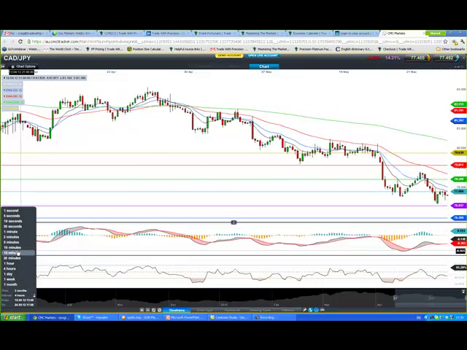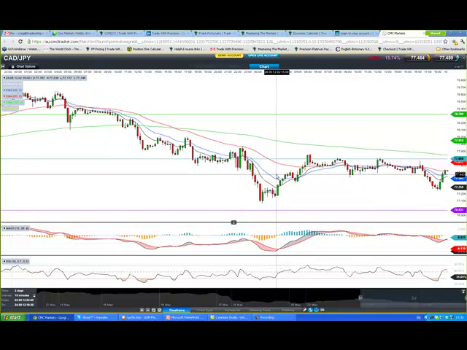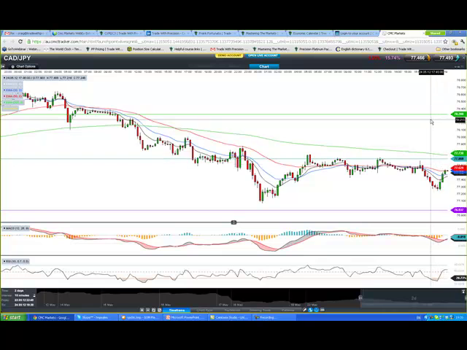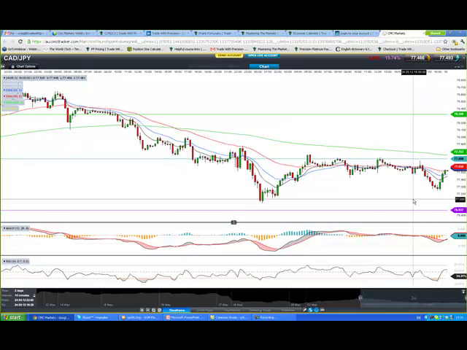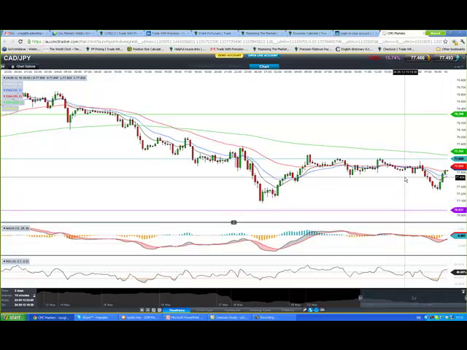Let's see if the 15-minute offers us any opportunities. Not a great deal there. What I'm doing here, guys, is I'm looking to see if there's any pivot points, these coloured lines hanging around where the price is. If we're setting lower lows and lower highs on this lower time frame, if there's any levels of support and resistance around. There isn't any of these. There's none of the above, to be completely blunt.